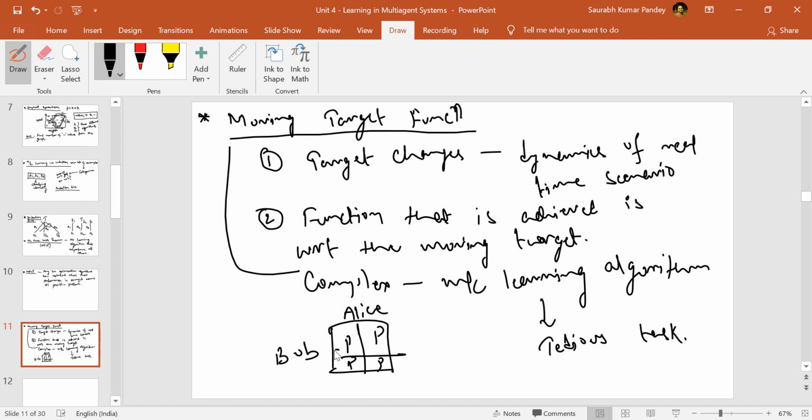So what will happen whenever the outcome of that particular auction happens, so that auction happens simultaneously, nobody is told that this one has bid this much so you also bid this much. Everybody has to give their bid based on their own understanding, right? And when the bid opens, the agents will get a utility gain or loss based on who wins that particular auction, right?